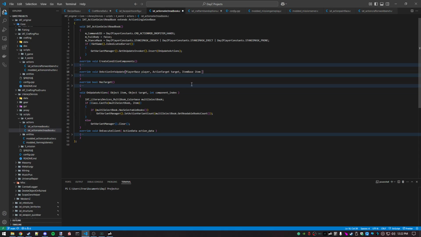There's no difference between player base here and having these all squished up together. I personally think that looks a little crowded, so I like having single spaces between items. Usually parentheses will stay clamped. Normally,